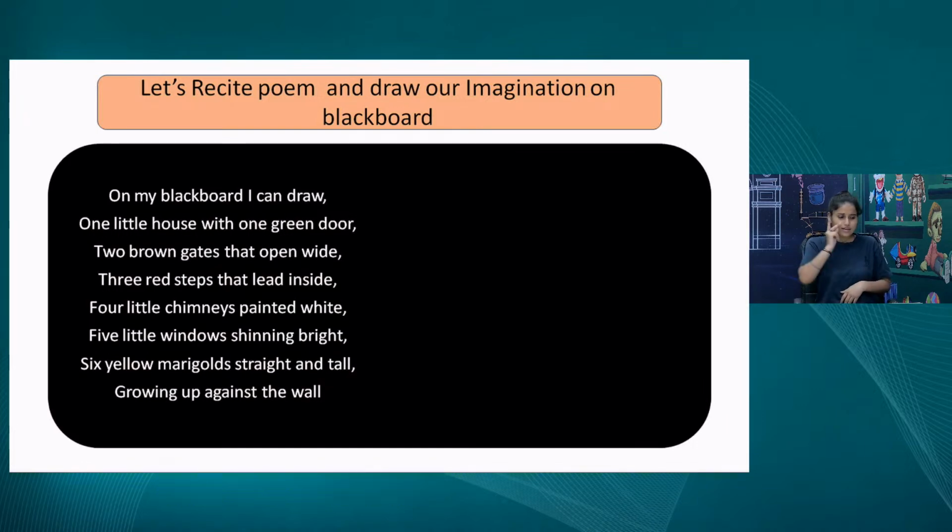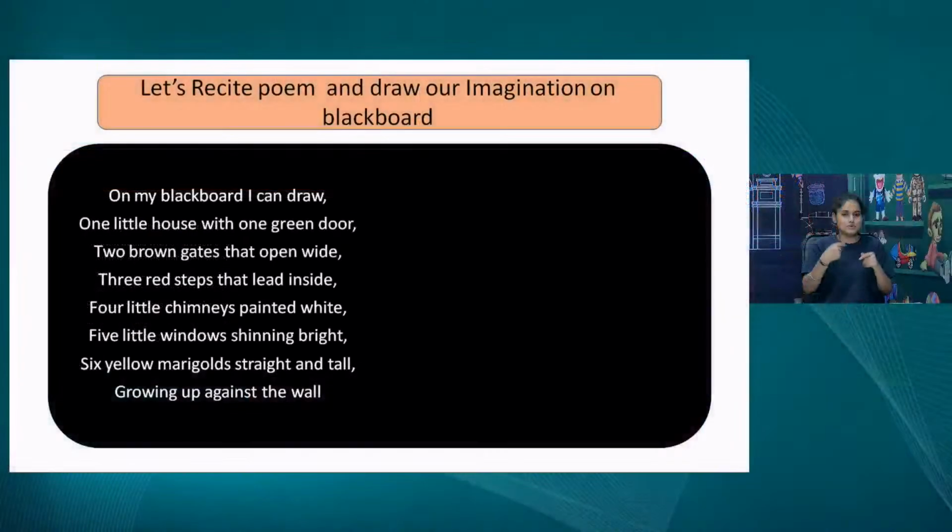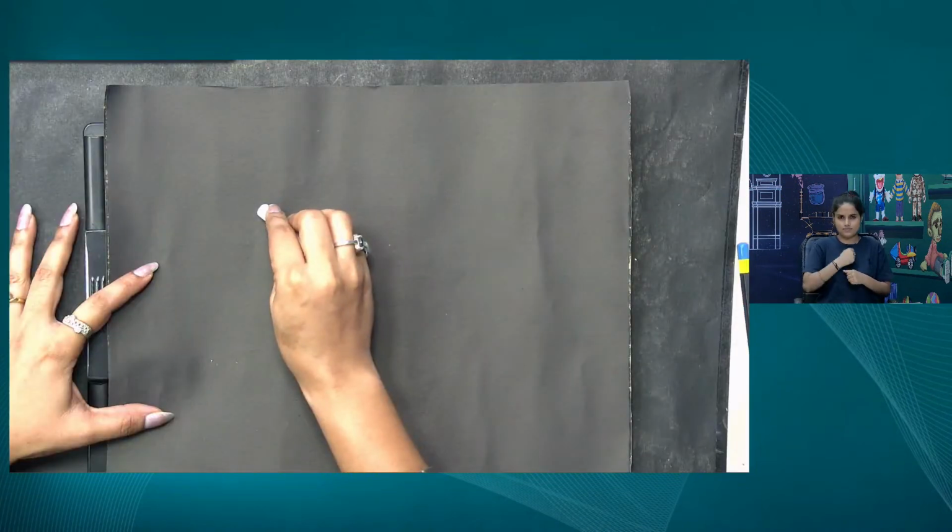How much the child can retain. So let's look at the picture which Kriti ma'am has made. Still into the process of making the flowers, but anyways, this is what I have made, and we were trying to make a house, then the door, then whatever you recall. So now you read it out and I'll do this activity. Okay, now I will read for you. On my blackboard,